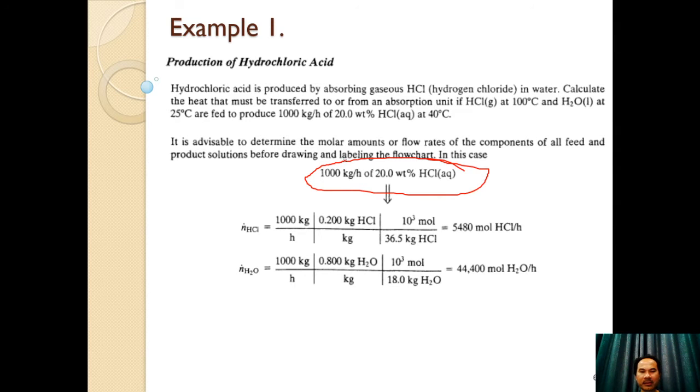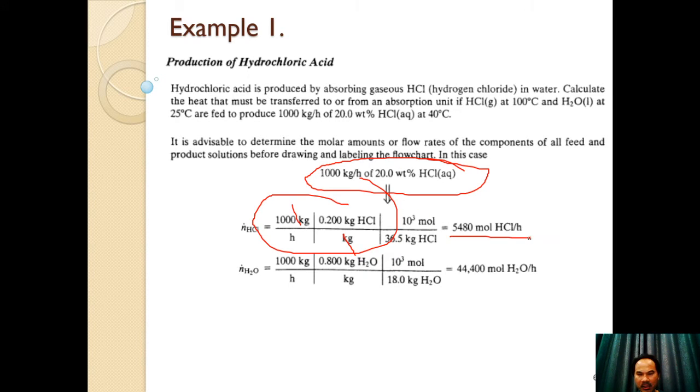Right, you know the mass flow rate, and then you find the molar flow rate. 1,000 kg per hour, and 20% means 0.2, this is the amount of HCl in kilograms per hour, and the rest is water. The molecular weight of HCl is 36.5 kilograms per kilomole, or